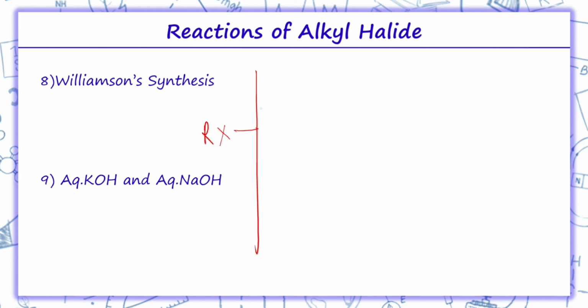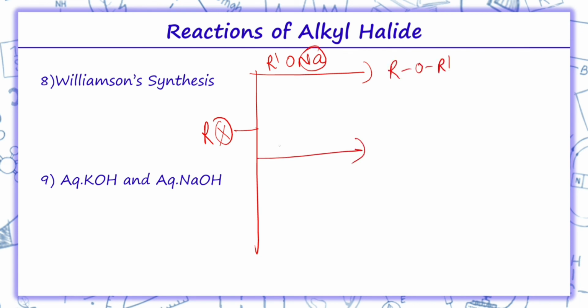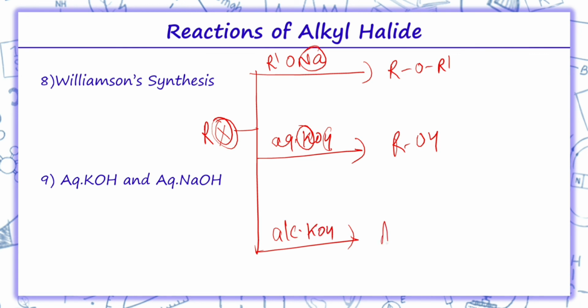Alkyl halide when it reacts with sodium alkoxide, that is RONa, Na and X will be removed, we will get ROR'. Similarly, alkyl halide when it reacts with aqueous KOH, again K and X will be removed, we will get alcohol. But over here, if it is alcoholic KOH, alcoholic KOH participates in elimination reaction, thus alkenes are formed over here. So, this was all about the